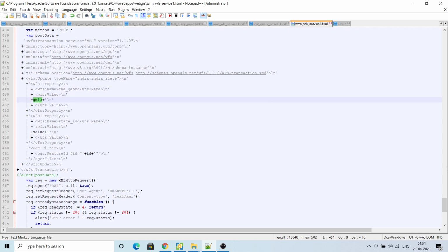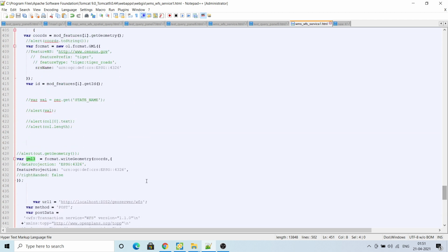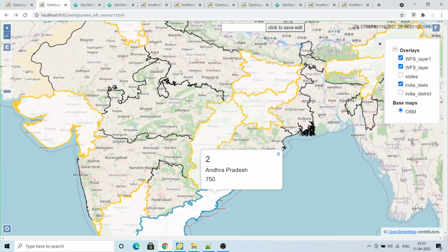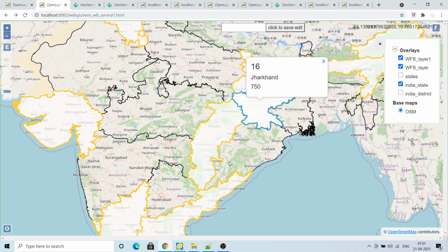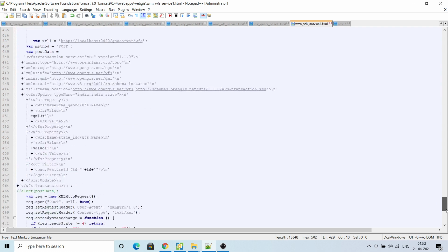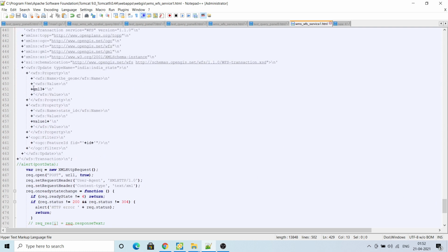This GML13, basically this one format. So what I am writing, these geometries which I have modified, into the GML format, and then I am passing this variable here, GML13. And also after that I am modifying the attributes. So you can modify n number.